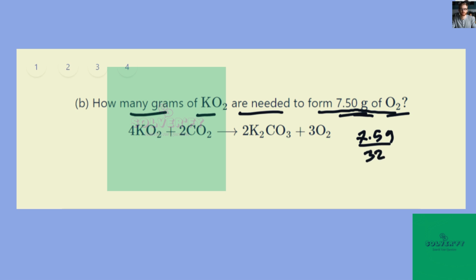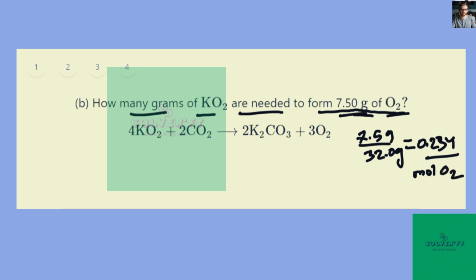Since the molar mass of a single oxygen atom is 16, for an O2 molecule it is 32. So if we divide 7.5 by 32, we will get a value of 0.234. So this is the number of mole